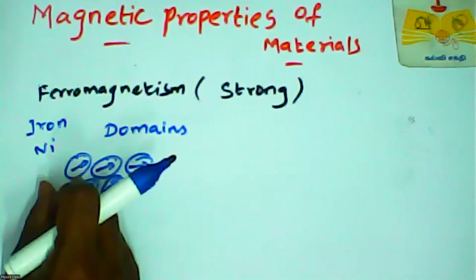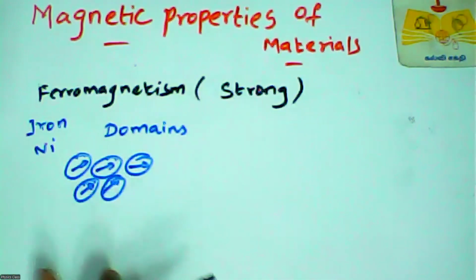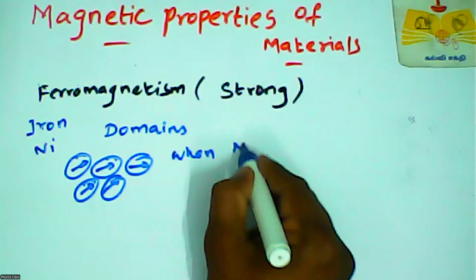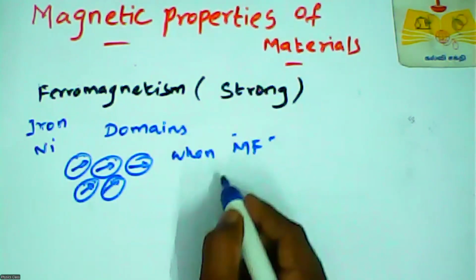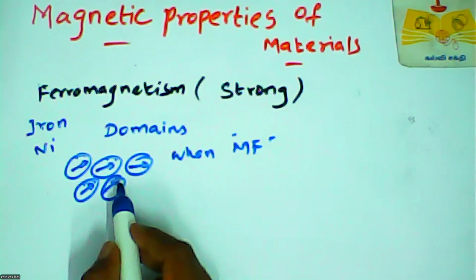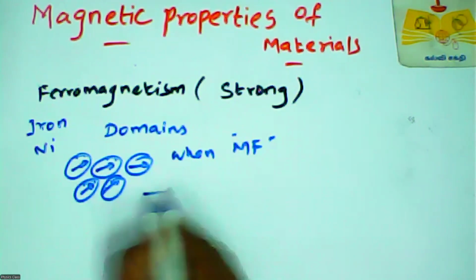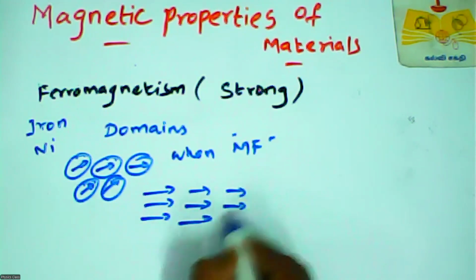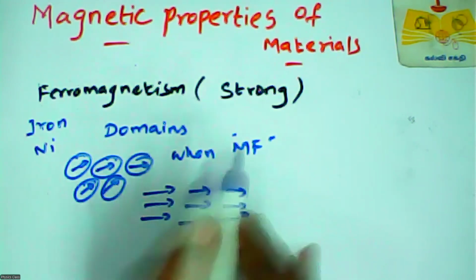Each domain is strongly magnetized. So when an external magnetic field is applied, the domains already oriented in the field direction